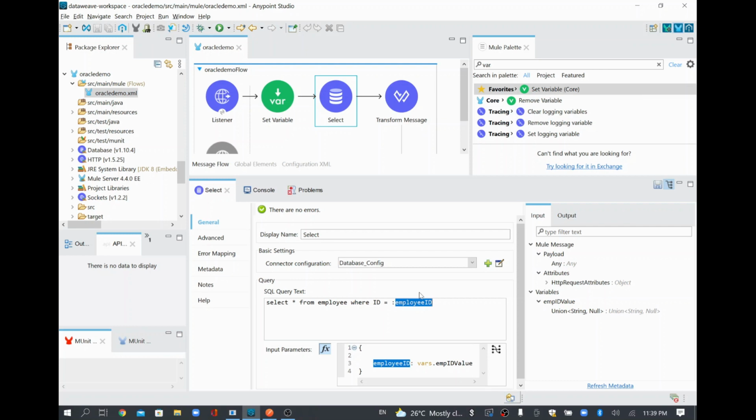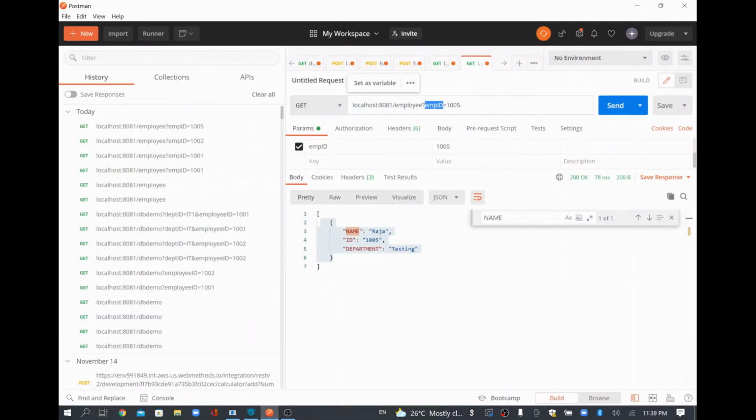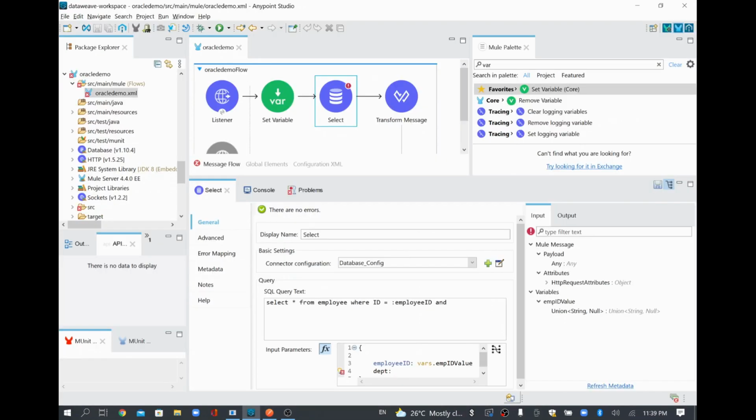For example, assume you wanted to fetch based on multiple conditions. So you wanted to add an AND condition. That is also possible. If you add AND here, for example you wanted to match with some department. I'll say department, and for now I'll hard code the department as testing. So this is my value. Department is nothing but testing. Or you can take it from your variable, query parameter or URI parameter. So I'll say department equals testing, and I have to add a comma here because there are two fields.